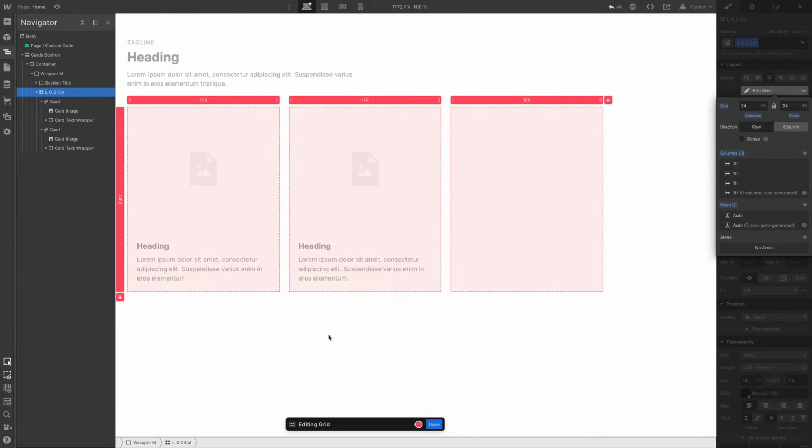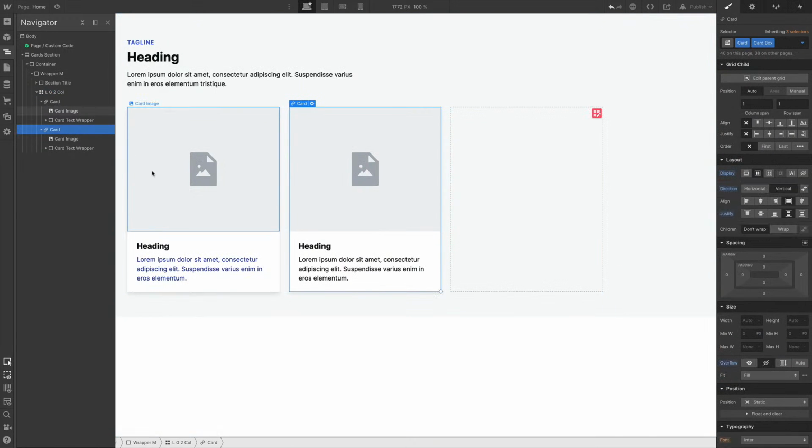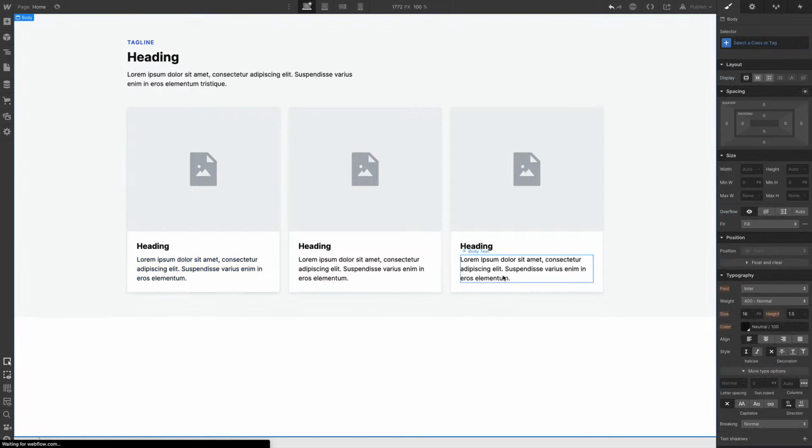And if you accept it, select this card, copy and paste, you have 3 cards instead of 2. In most cases, this will just work out of the box or with some minor tweaks. But if it doesn't, it's still Webflow. So you can use all the Webflow magic and all the power to create even new component like you did